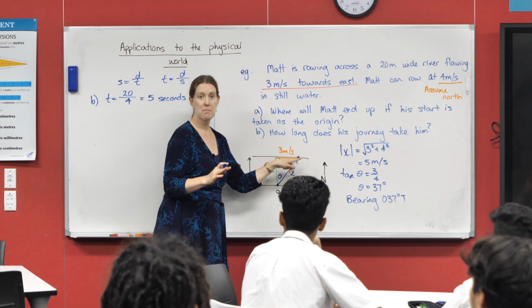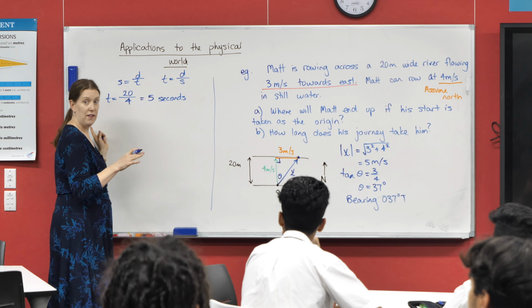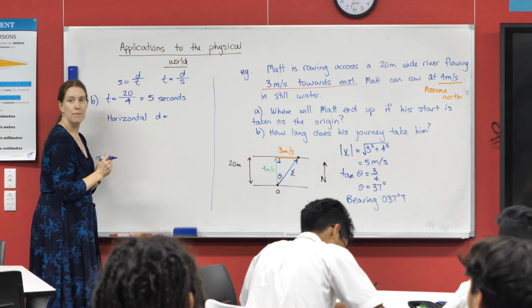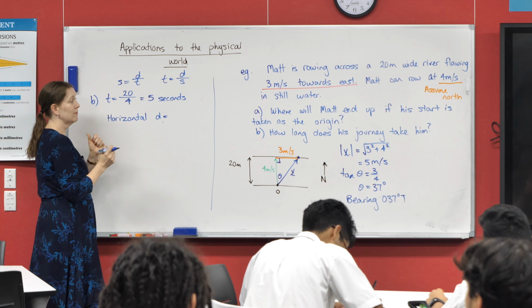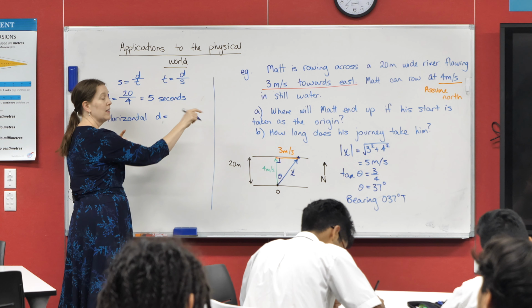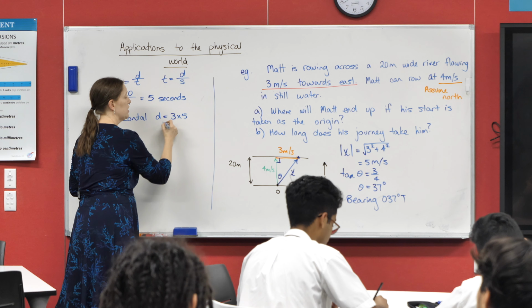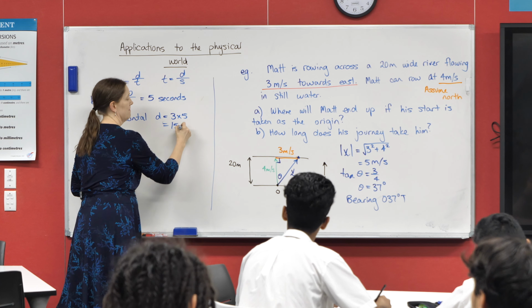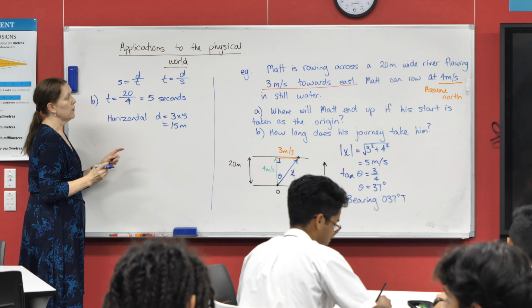Horizontal component? Did he travel 5 seconds in the horizontal as well? He did, didn't he? Because he can't travel shorter in one direction than the other direction. So horizontally, how far did he travel? Anyone? 3 times 5, which is? So,